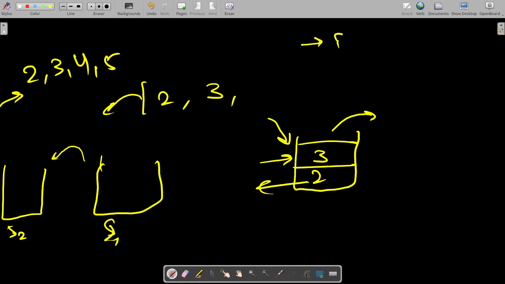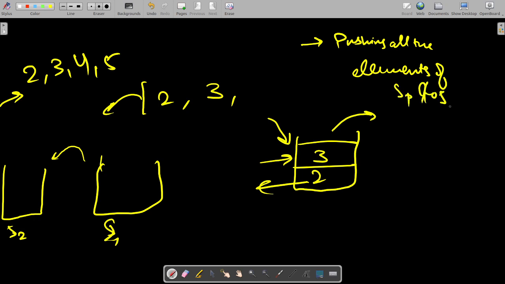So the first step is pushing all the elements of s1 to s2 and simultaneously popping from s1. Okay, so if I have some elements, but since it is empty, I will push all the elements present in this s1 to s2. So it is all empty, so s2 is also empty.